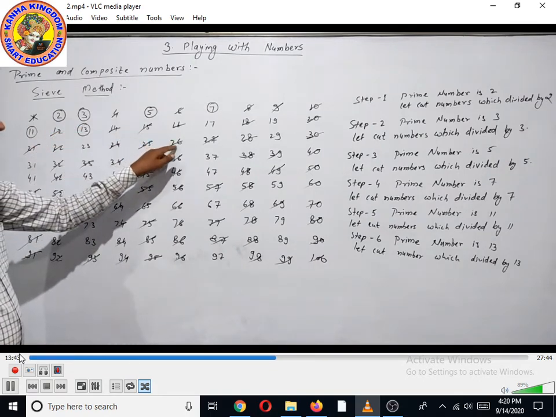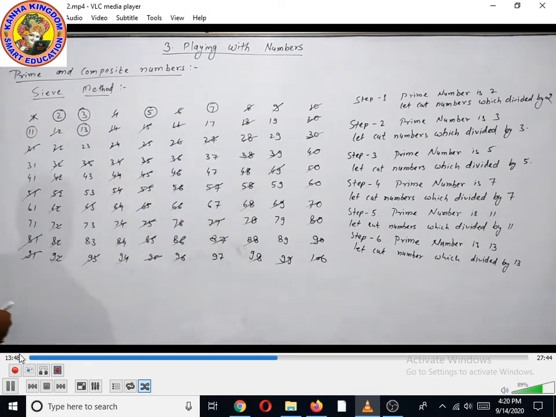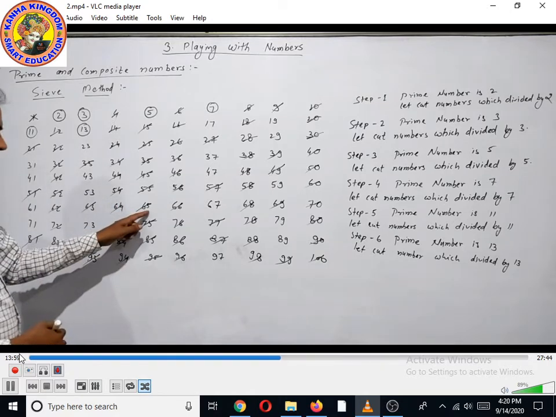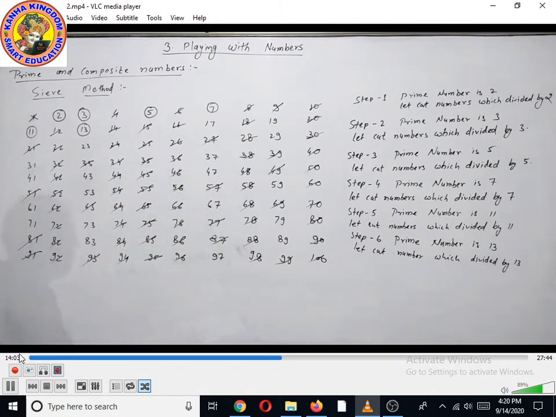13, 26, 39, 52. Now another is 65. After 65, 78, then 91. All the numbers are already cut. By 11 we cannot find any number to cut. By 13 we cannot find any number to cut. So